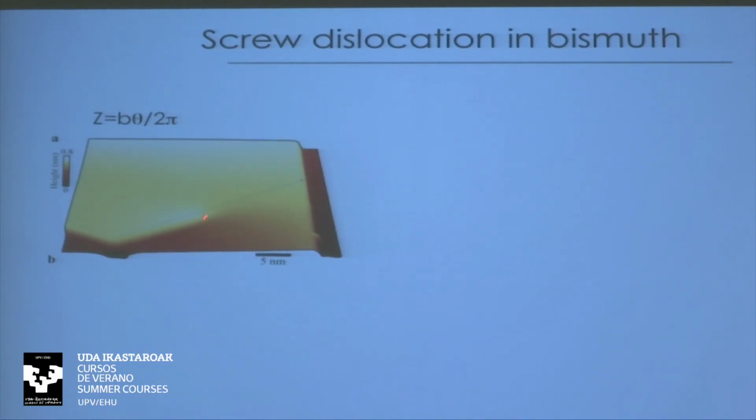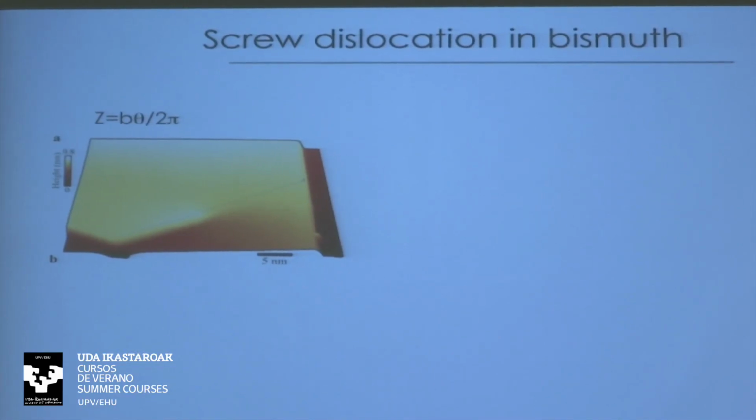So basically, from this point into the bulk, there is a screw dislocation that goes in. It cannot end. It has to come out either from another surface or create a closed loop. But this one, of course, cuts through the surface, which is why we see it. So the unique thing about it is that this is kind of the only way to put the strongest possible